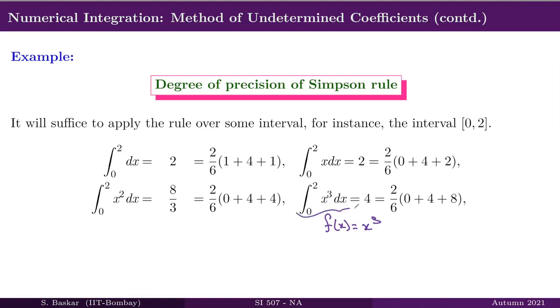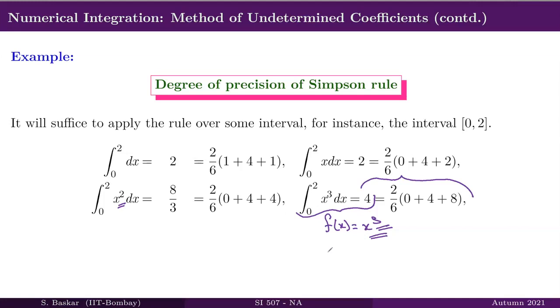Surprisingly, you can see that the exact integral gives you value 4, and your Simpson's method also gives you the same value. Therefore, precision is even going up to 3. Not only is it stopping at 2, which we have primarily imposed to get the Simpson's method, it is giving one more precision. In fact, this happens for any quadrature rule that has nodes which are symmetrically placed around the